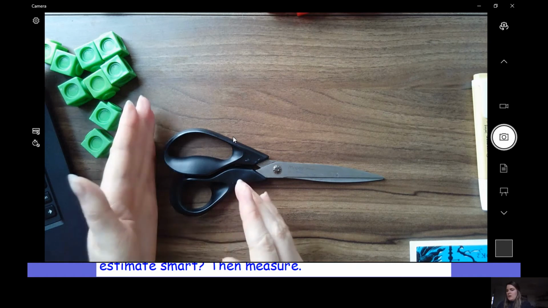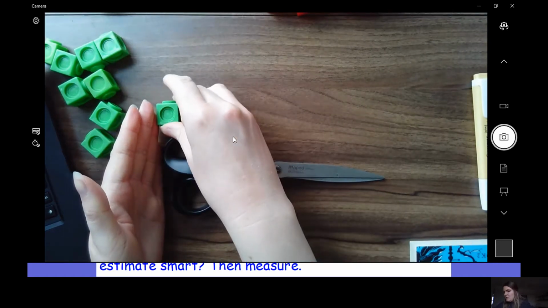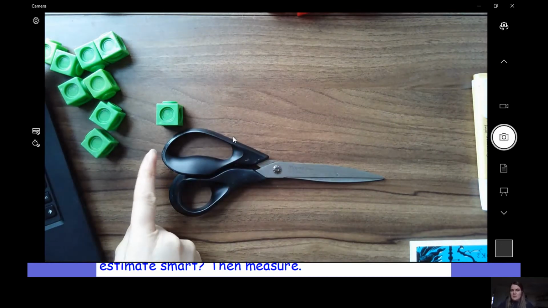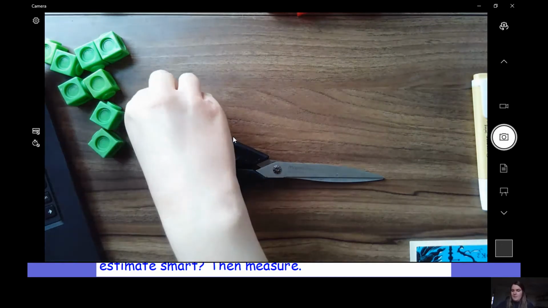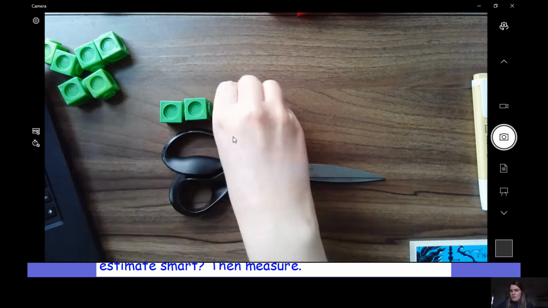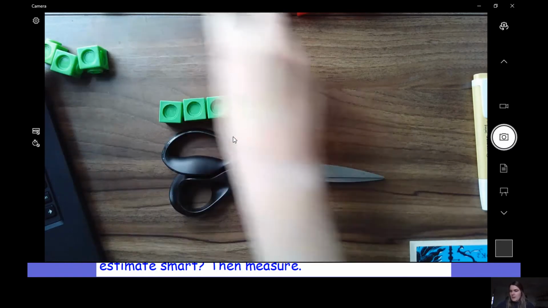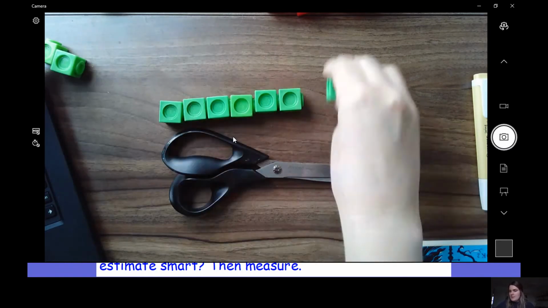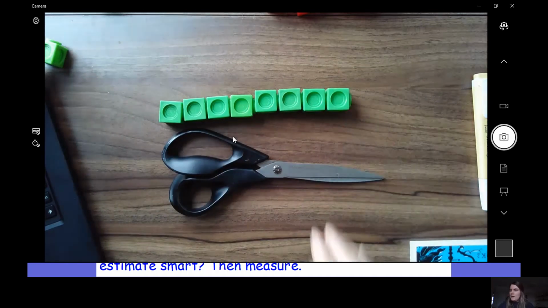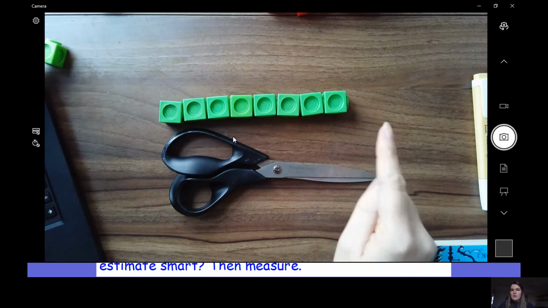Scissors are quite a tricky one. I'm going to start from this point here. Just there. I'm using my hand to help guide me. There we go. Because that is the end of my scissors. Okay. We thought 8. So I'm going to do 1, 2, 3, 4, 5, 6, 7, 8. Okay. Now I know that they're far away from part of the scissors, but how can I check if